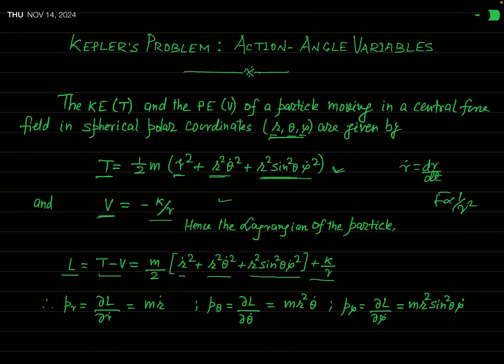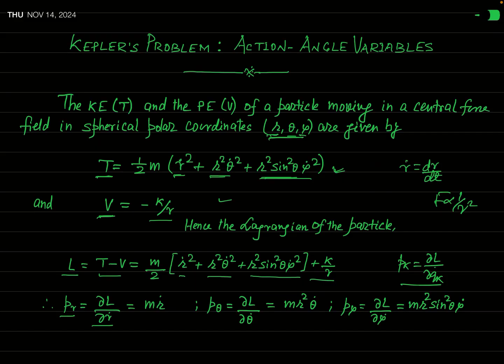The conjugate momentum of r will be denoted by PR, and this PR is defined as del L by del R dot, because in general PK, the conjugate momentum of the coordinate QK, is defined by del L by del QK dot. This is the general definition, and you studied this idea in the previous lecture in my playlist